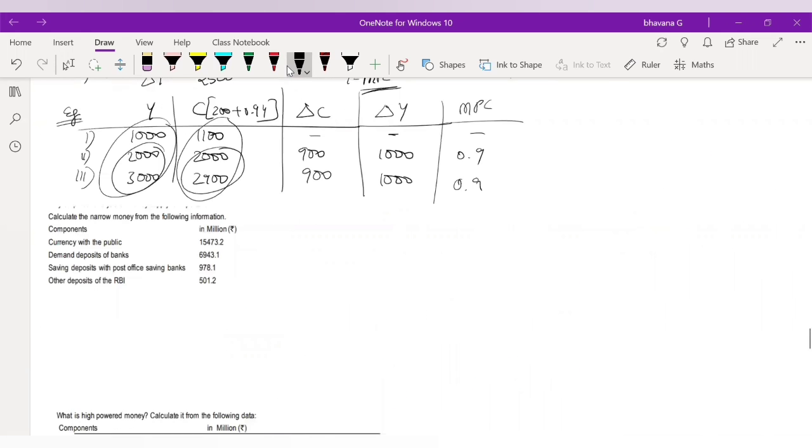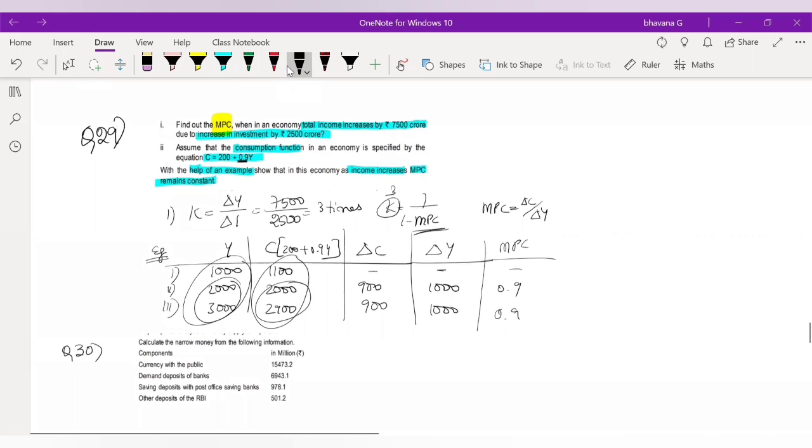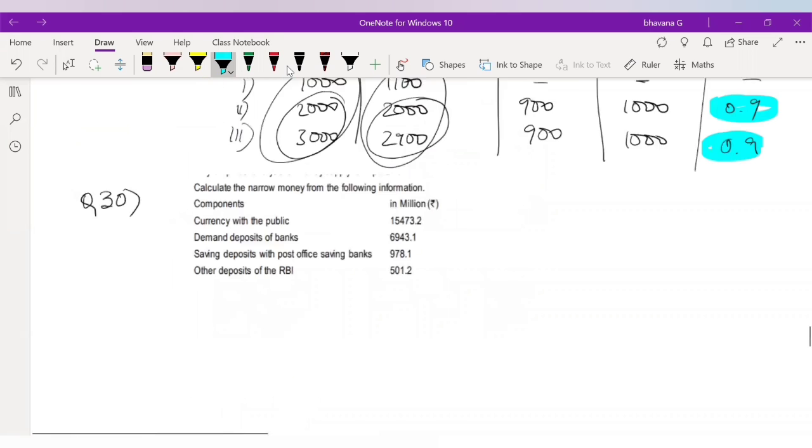Taking an example of income and consumption, we have shown that the consumption function, that is MPC, is always going to remain constant only. So if in the question they ask you a question like this, do nothing. Take this equation, and then using that equation, give 2 to 3 examples and solve the equation using those 2 to 3 examples. And you have to show that in all the equations, MPC is the same only. Okay, I hope this is clear to you.